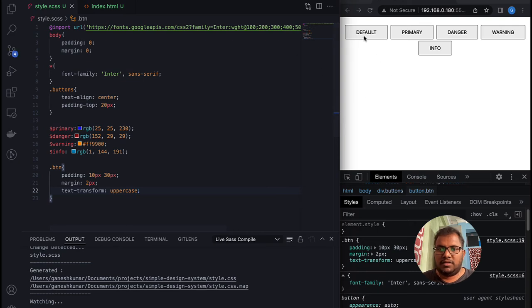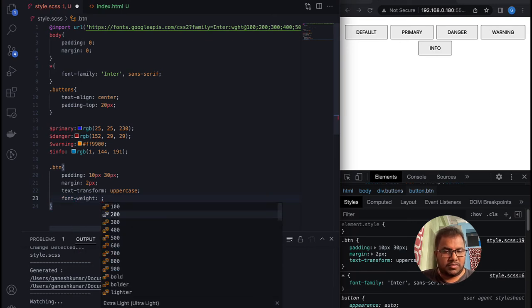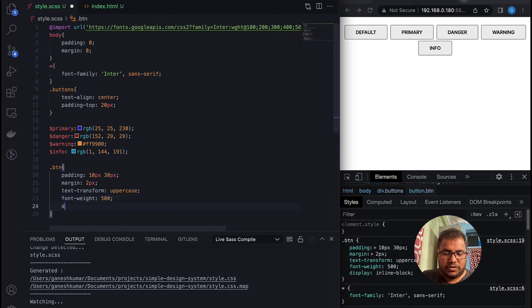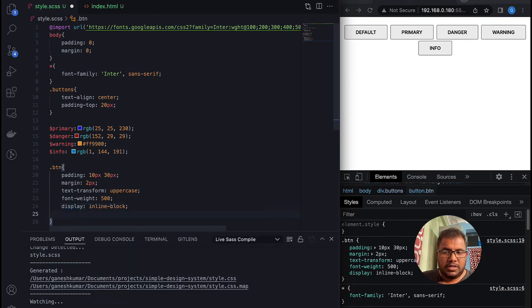I like all the buttons to have uppercase in them, irrespective of what font is applied. So font weight somewhere around 500. I want them to be a little bit darker and a little bit emphasized. Let's add a few more styles. So this should be inline, never block elements, and then